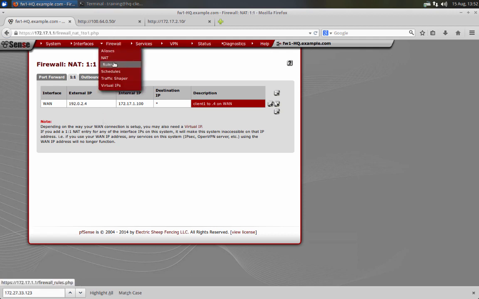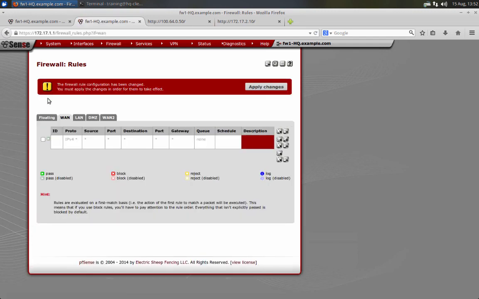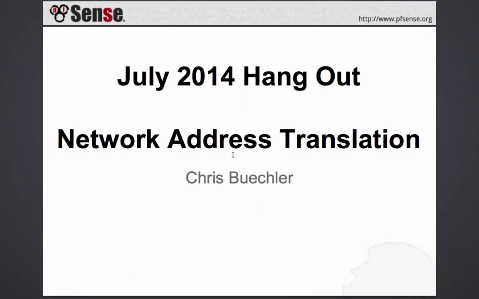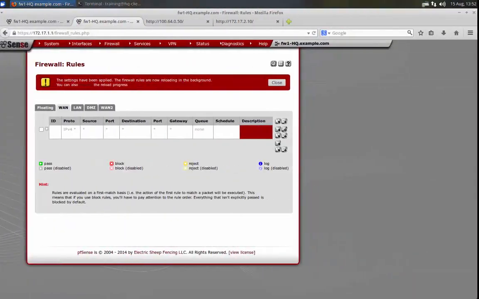And without firewall rules on WAN, nothing will actually pass through the one-to-one from the outside. And without rules on LAN, nothing will pass outbound. So the reason that we can get pings through is because we have this rule in place here. If we disable that, and then we kill that,